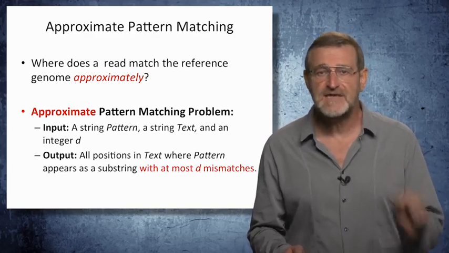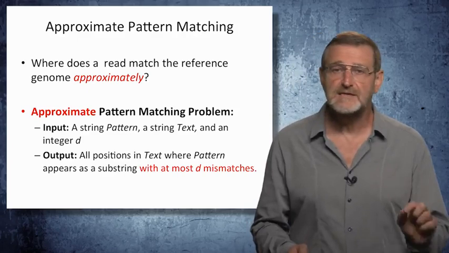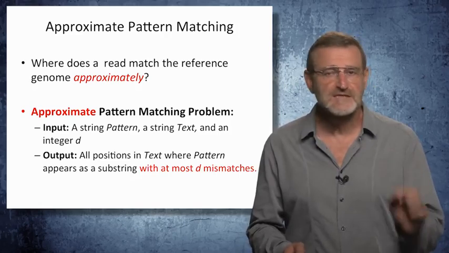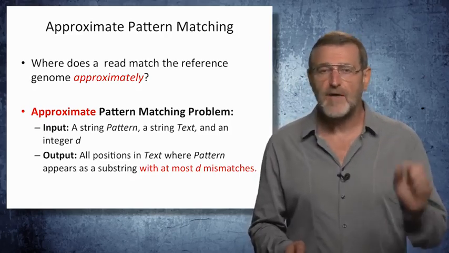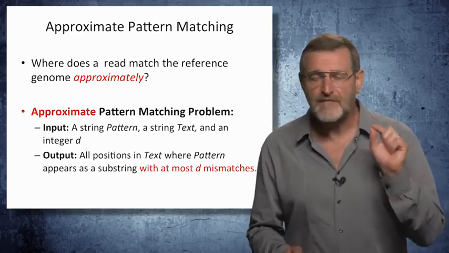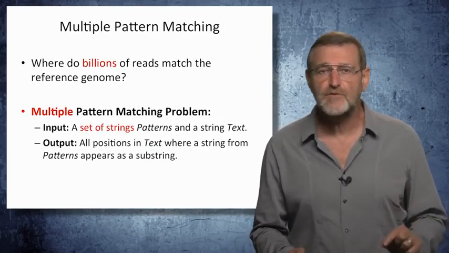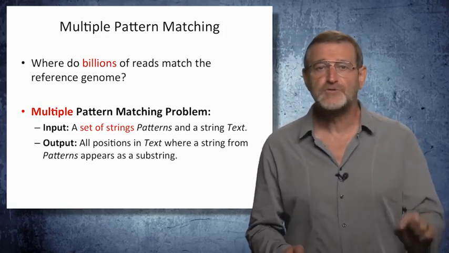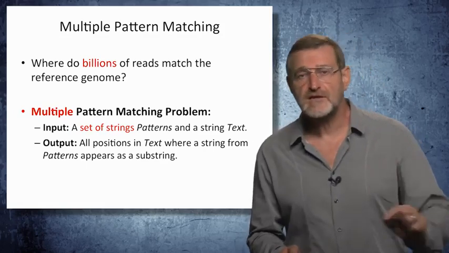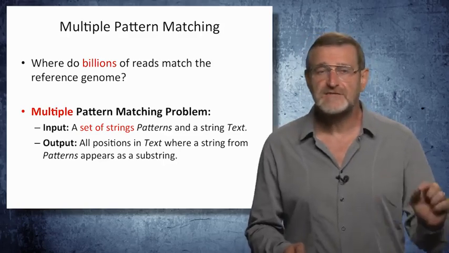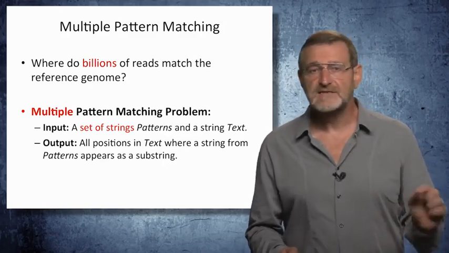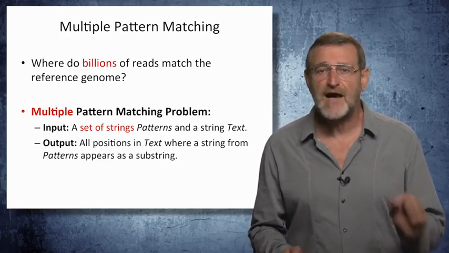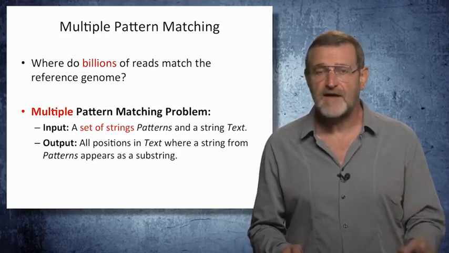For example, we can find a mutation of T into C and deletion of T in my genome as compared to Craig Venter's genome. It brings us to a number of computational problems. The easiest one is the exact pattern matching. Given a string pattern and a string text, we want to find all positions in text where pattern appears as a substring. But our goal is to find mutations, and therefore we want also to solve approximate pattern matching problem,